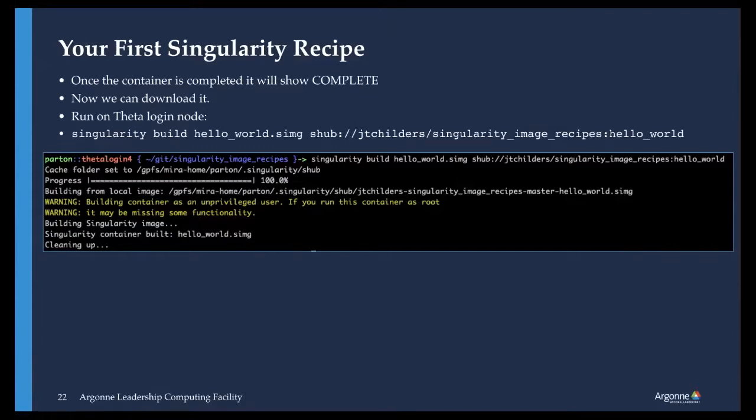So here's an example of doing that. So we log into Theta, we can run this singularity build hello world.simg, and then we provide the URL to our image. So in this case, it's on Singularity Hub. It's in my user area. I have the GitHub repo name, and then my file was singularity.helloworld. So I'm going to do :helloworld to tell it which Singularity recipe to grab out of that GitHub